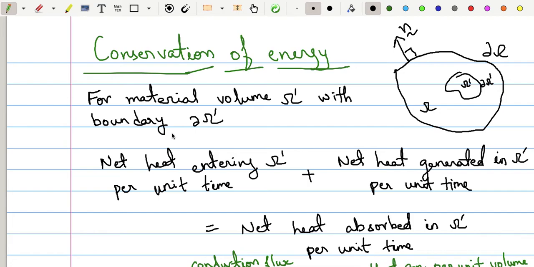Now, I told you that in problems the shape can change. But then I am going to do analysis on one shape. Why am I doing that? In this problem, I will do analysis on one subdomain shape, but I told you that material volume shapes can change. So why is it that I am able to do analysis on a single shape even though shape is changing with time?